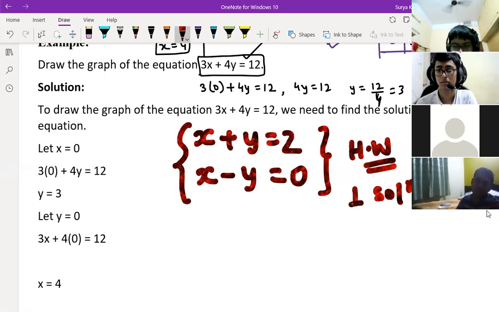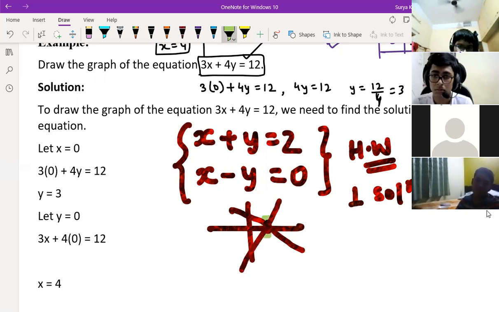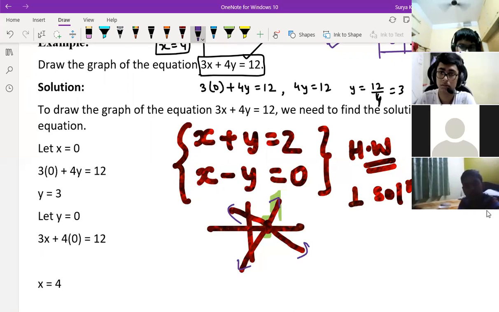If you draw it in the graph paper, you will get only one solution. What is a solution? Where both lines meet. Suppose this is a graph paper. If one graph is coming like this, and one graph is coming like this, suppose this is one example. Where it meets, this is the meeting place, right? It intersects only at one point, that is the solution only. Where both lines meet is known as the solution. Sir, I have a doubt: the line is intersecting 3 times, right, sir? This line is intersecting only one time here, no?